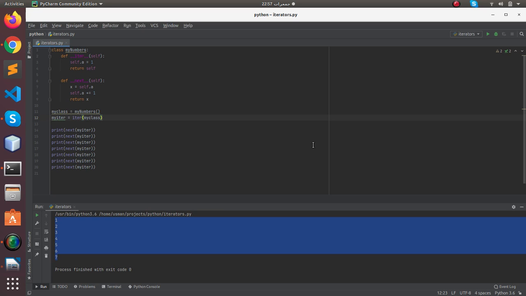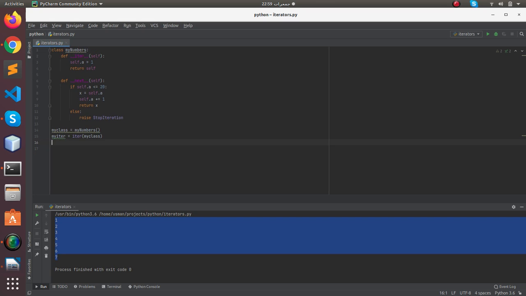This example would continue forever if we had enough next statements, or we have the next statement in a for loop. To avoid this, we have a StopIteration statement that can prevent this from happening. In the __next__ method, we can add a terminating condition to raise an error if the iteration is done a specified number of times. So let's modify our __next__ method, and let's put if self.a is less than or equal to 20, colon, the existing code here, and else we say raise StopIteration,